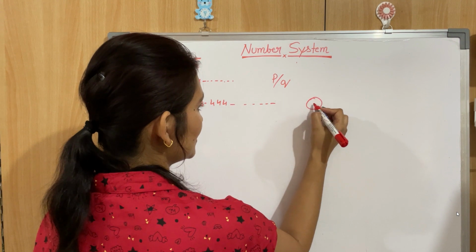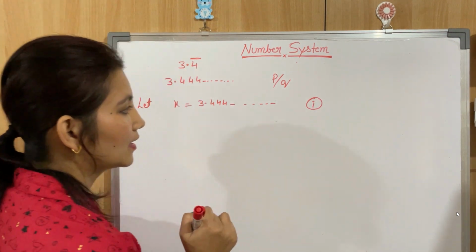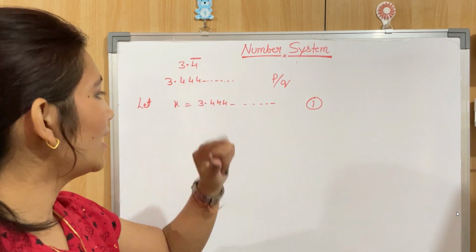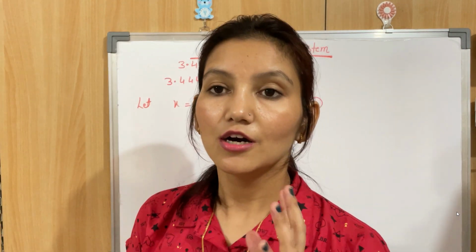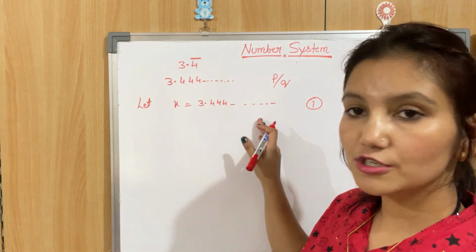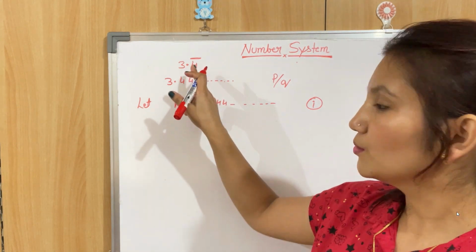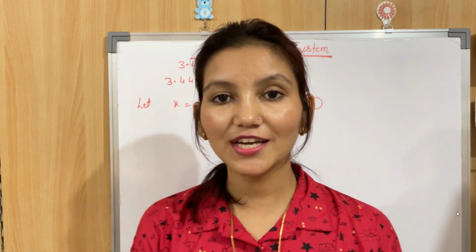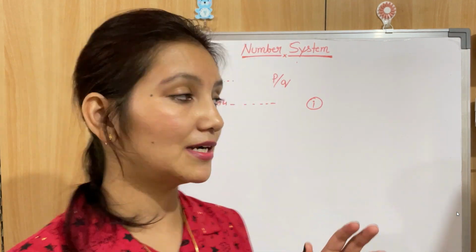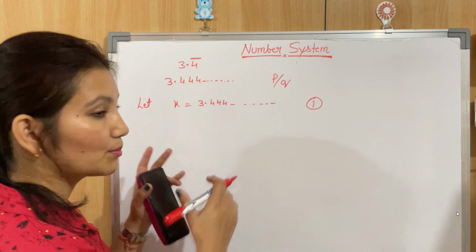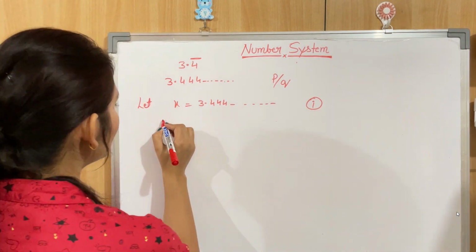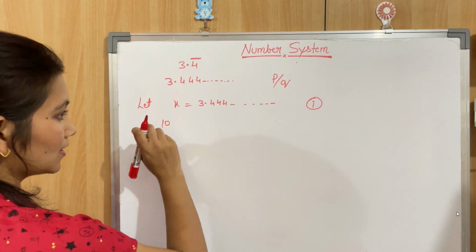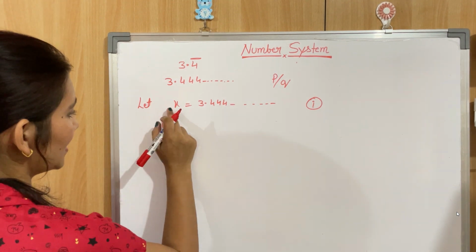Let's say this is equation number 1. Now, how many digits are getting repeated? One digit is getting repeated. It means we will multiply this equation by 10. If 2 digits are getting repeated, we will multiply it by 100. If 3 digits are getting repeated, we will multiply it by 1000. So in this case, we will multiply equation number 1 by 10, and by that we will get 10x